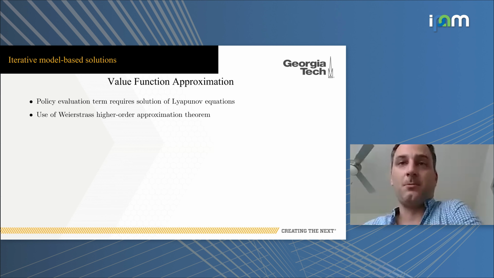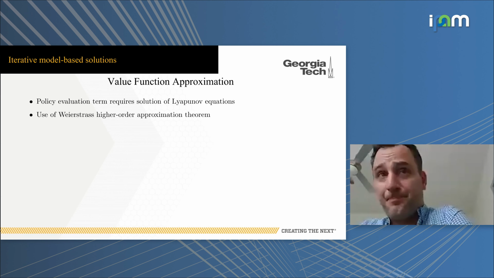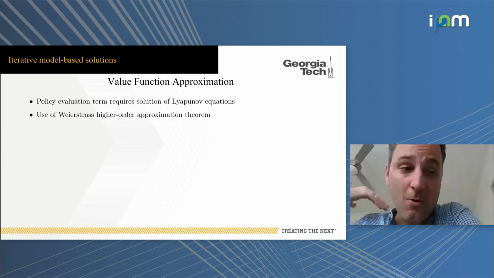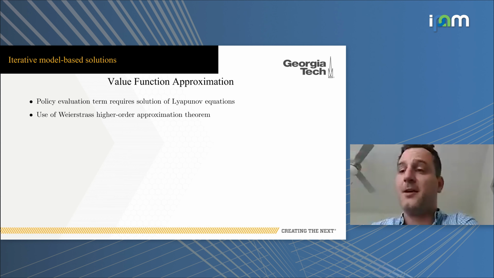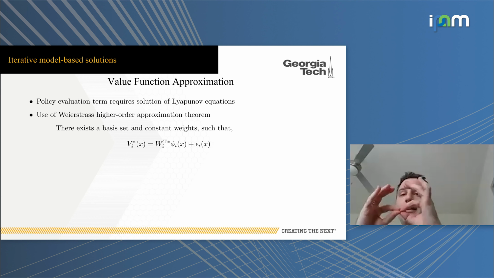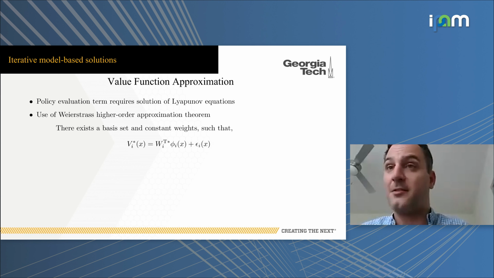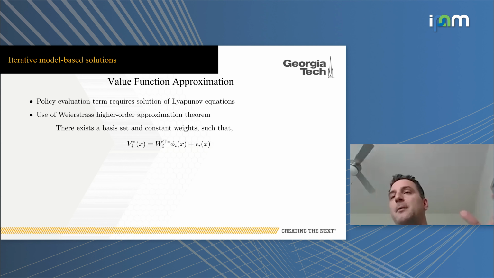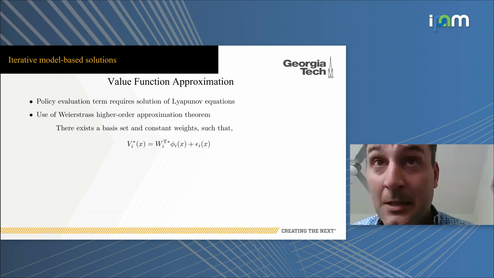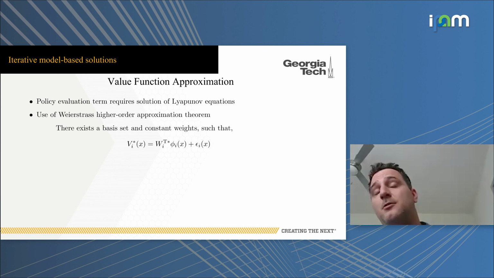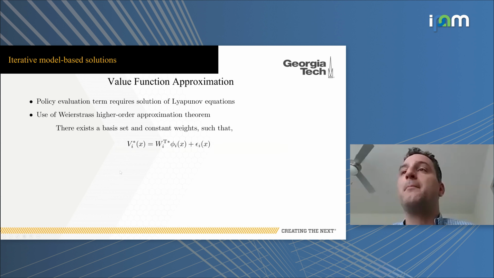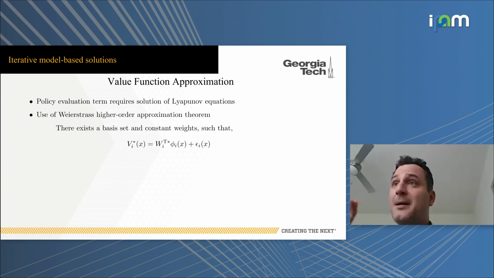One famous theorem that we can use is Weierstrass's high order approximation theorem. So I will write my V as an infinite number of weights multiplied with the basis functions. Of course, since I cannot really use an infinite number of weights, I will have an approximation. Eventually, I want to substitute these into my Hamilton-Jacobi-Bellman equations or the coupled Hamilton-Jacobi equations, and then find a way to tune these W's such that we guarantee stability and convergence.